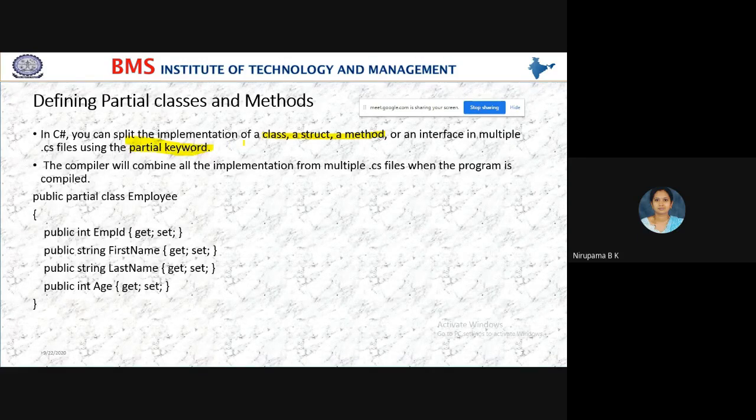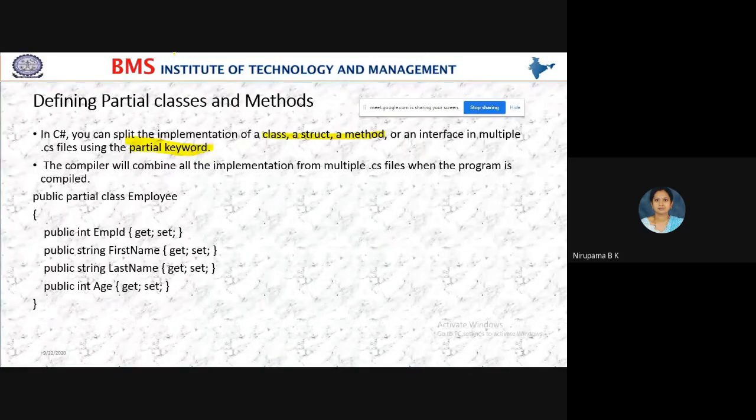So using partial class and methods, you can split the usage of class, struct and method in multiple .cs files. Multiple .cs files means different C# programs.